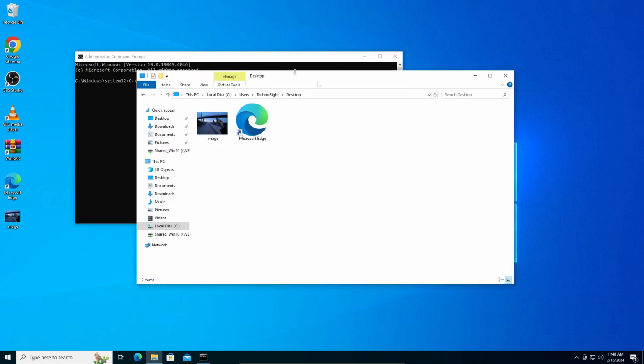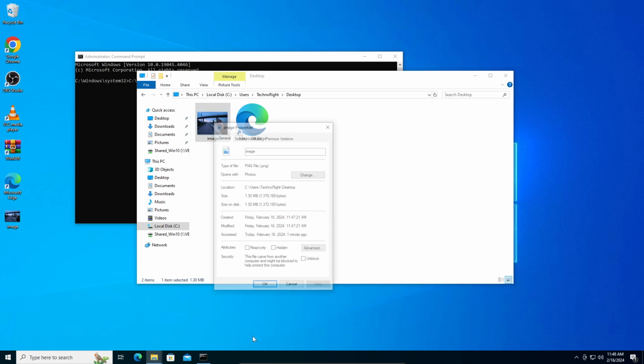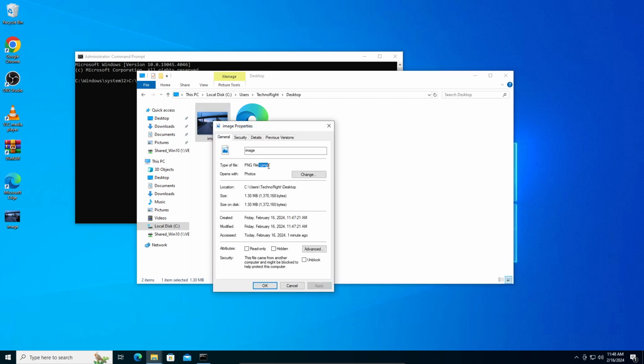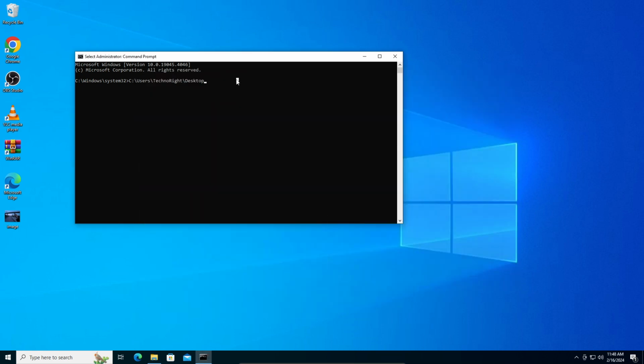Okay, now we are going to open this. So we need to type the exact name. I'm going to right click on this, properties, and you're also going to see the file format, which is .png. So click OK. Here you're going to